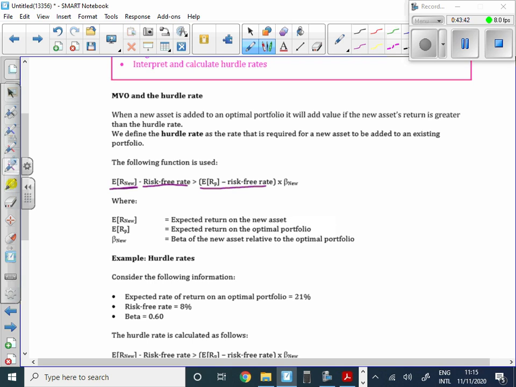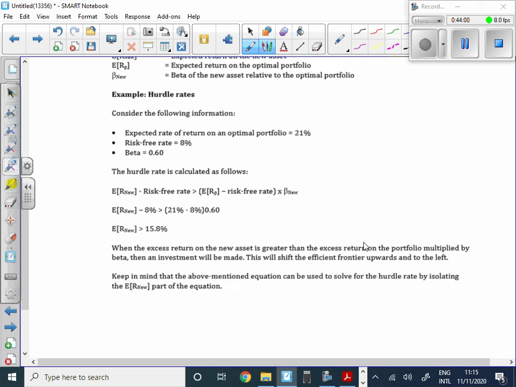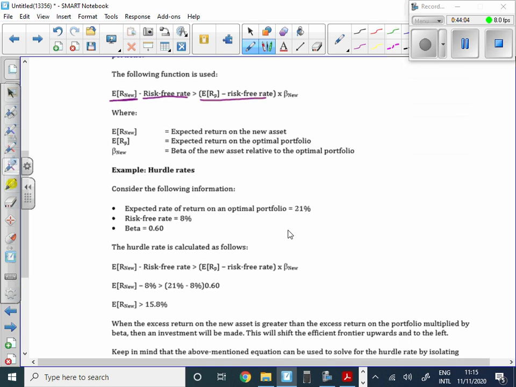Okay, and here's a little calculation for you, guys. That'll tell the hurdle rate, which is how much I need to be earning on my new investment that I add to the portfolio to see whether or not it will be a viable asset to add to the portfolio. Okay, good. And of course, guys, remember now that you have your formula for the hurdle rate,